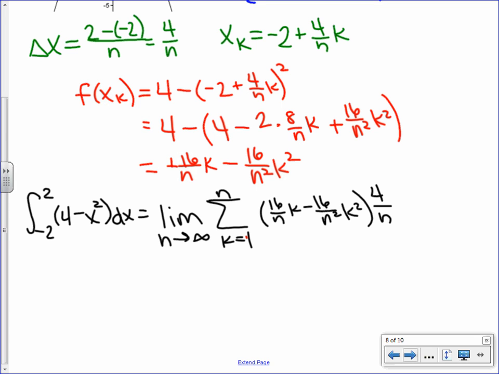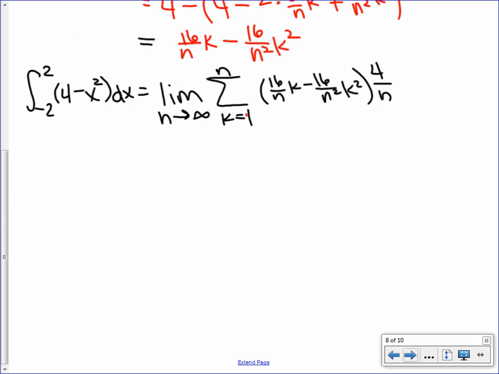Correct? No, it's not supposed to be 1. I had negative and I made it a positive. Better? Okay. So everyone go on the same page. All right. So now I'm going to write this as